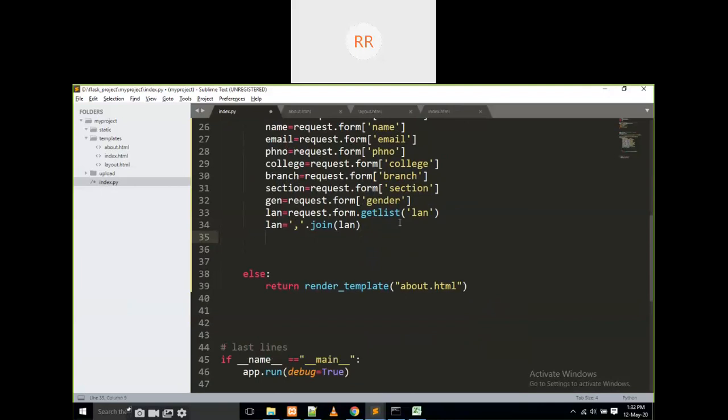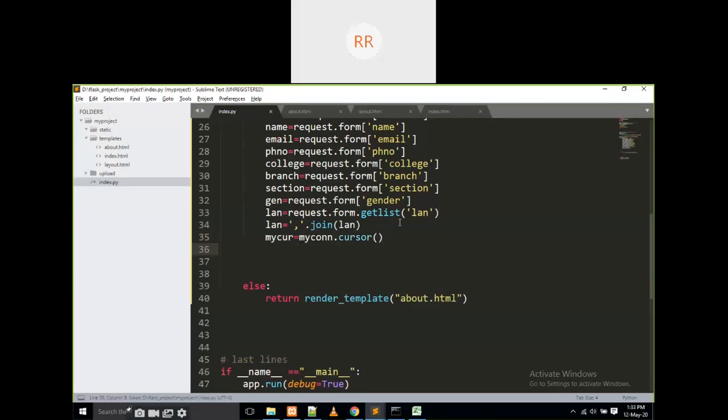Now I am going to create one cursor. My cursor is equal to my connection dot cursor of. I am going to create a cursor first of all on my connection. With that cursor, I am going to write my cursor dot execute of. My cursor dot execute of. I am going to insert the data. The command is insert